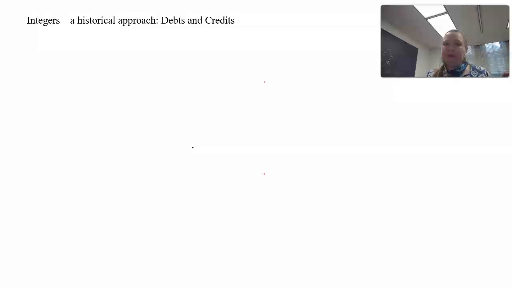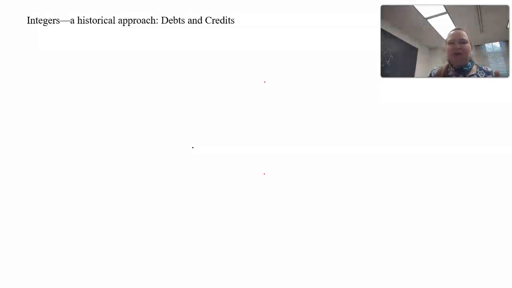The first people who used negative numbers used them to represent money, the amount of money or net worth that a person or a company or a business